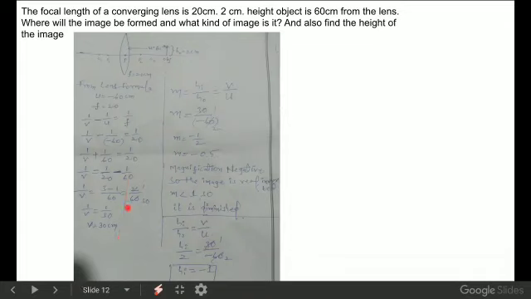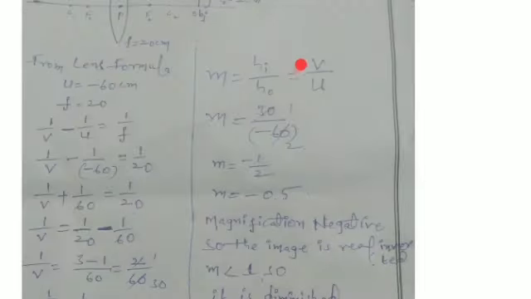Now next, sir, what is the nature of the image? Whether it is mirrors or lenses, to find out the nature of the image, we have to use the magnification formula. I also told you in the beginning of this lesson, in the tricks and methods, that in case of mirrors, the magnification formula is minus V by U, and in case of lenses, the magnification formula is plus V by U. Remember that.